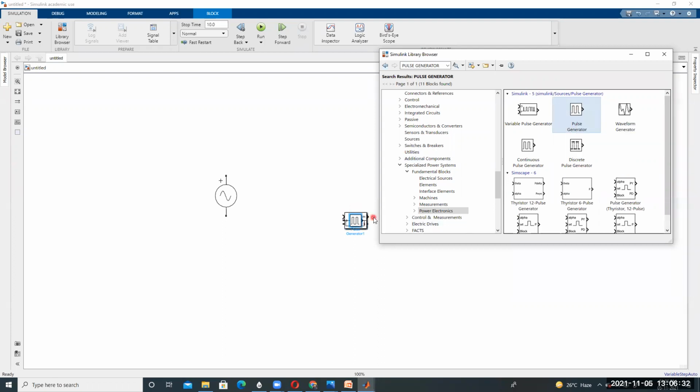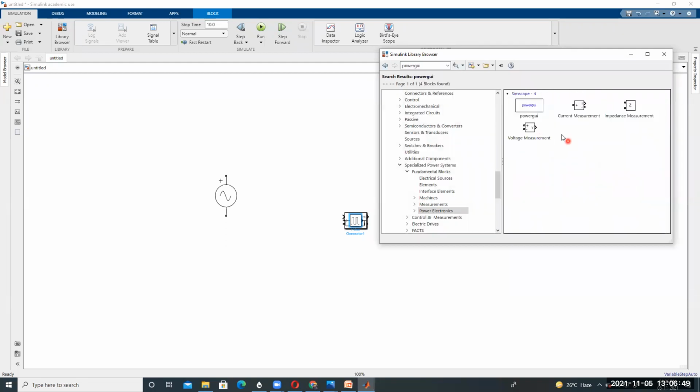So that's why I'm taking two pulse generators. And also, to run all these devices, we require one more thing, called powergui. To run all these devices, we require this powergui. Take it and place it. Right-click and select powergui. For all experiments, for all designs, not only this one, in every experiment take this powergui to run everything.